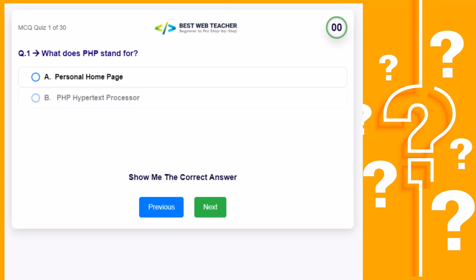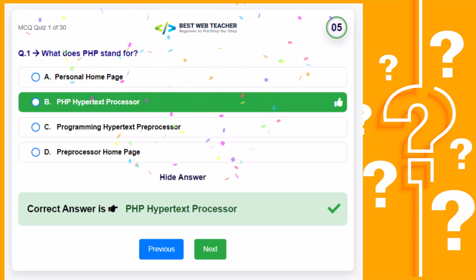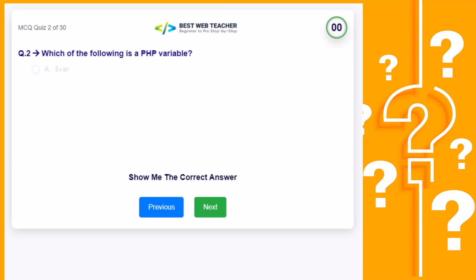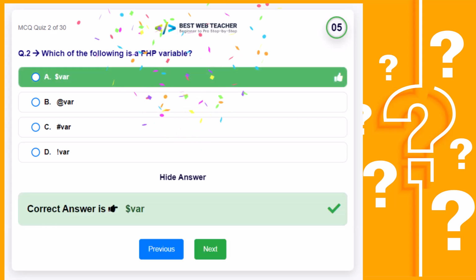What does PHP stand for? Correct answer is Which of the following is a PHP variable? Correct answer is